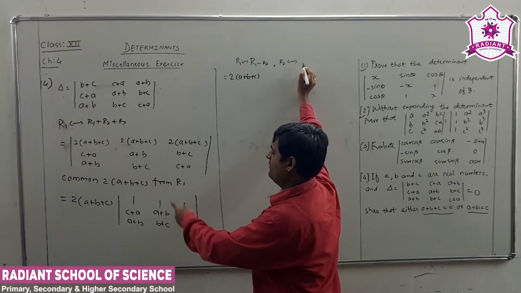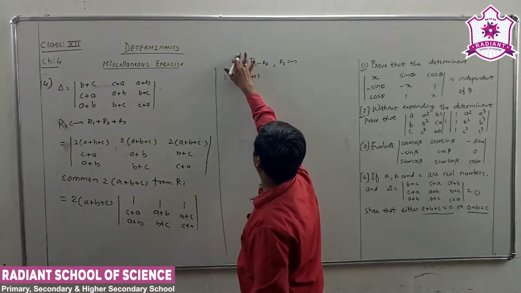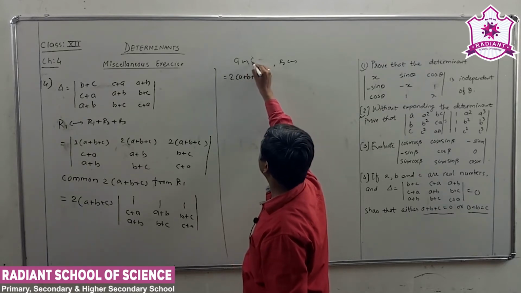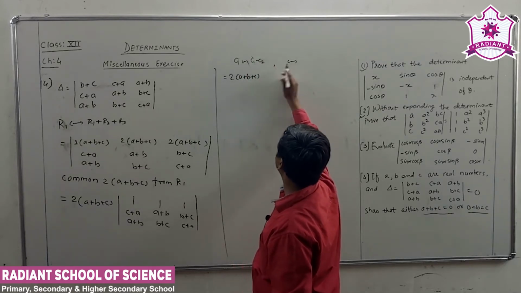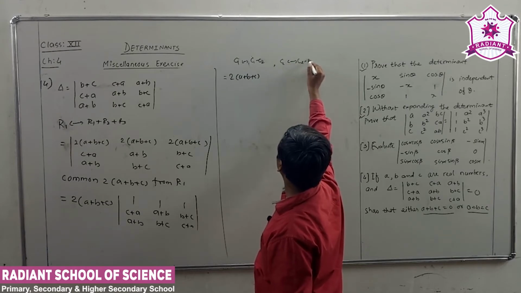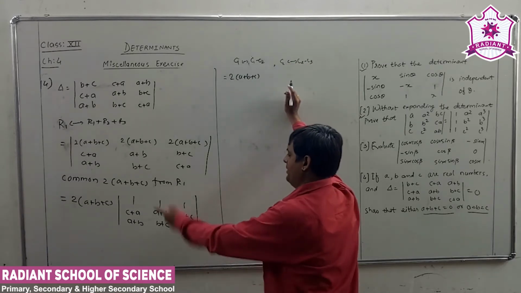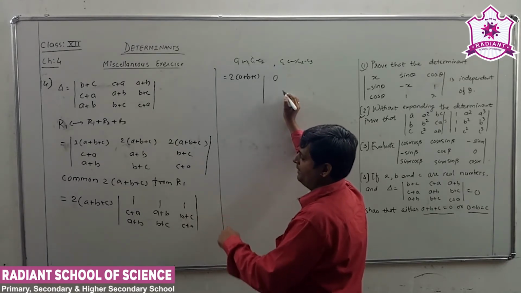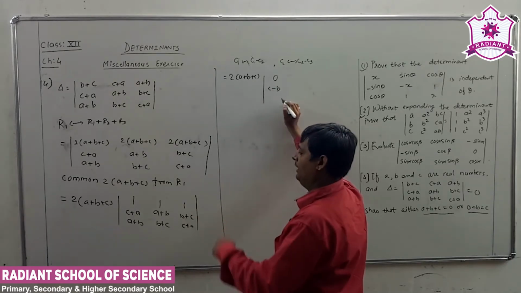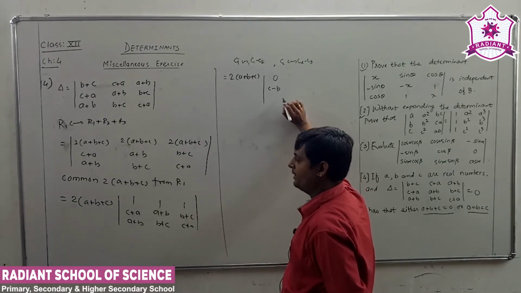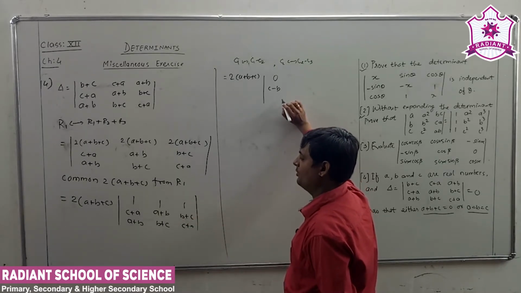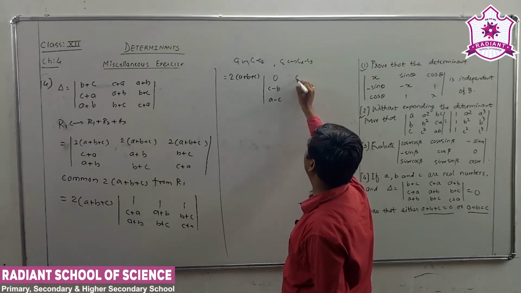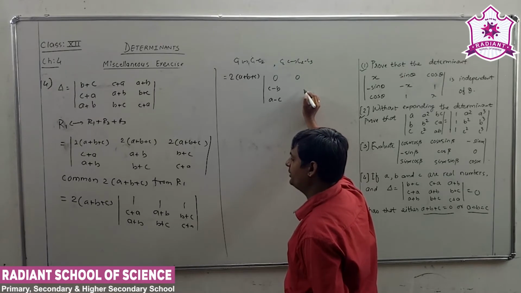Okay, R2 to C1, not R1 but C1. We use the column C1. So here C1 minus C2 in C2, C2 minus C3, column-wise. So 1 minus 1, that means 0. Okay. So C minus A minus B, so C minus B. Again, to expand this, A plus B, B minus C. So again B cut, then A minus C. Understand? Okay. Again 0. Again 0.